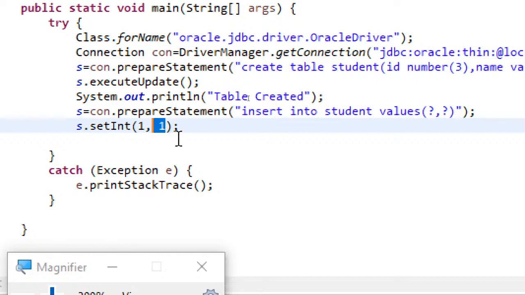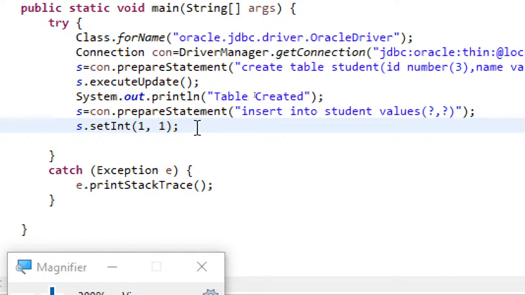So create a scanner object, that is Scanner sc equal to new Scanner(System.in), then int i equal to sc.nextInt, and then you pass s.setInt(1, i).